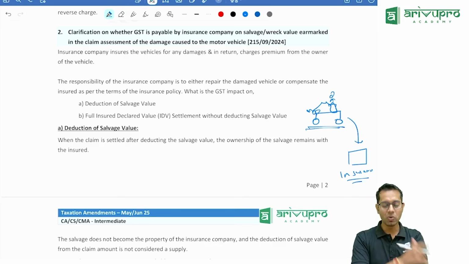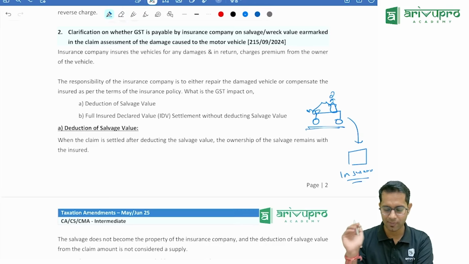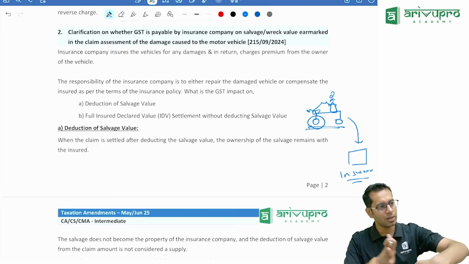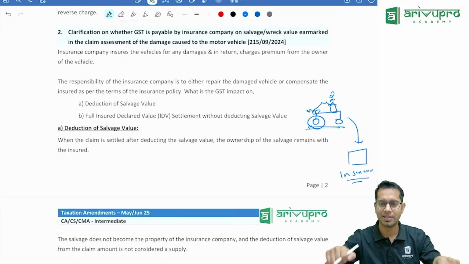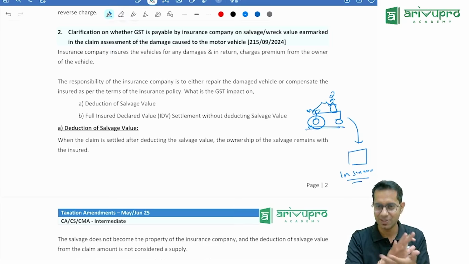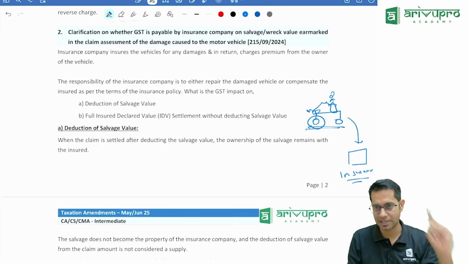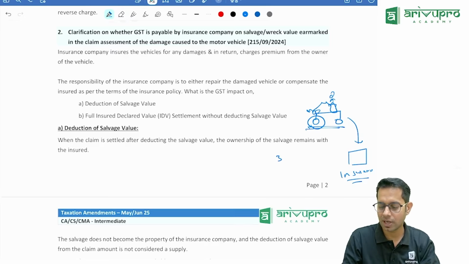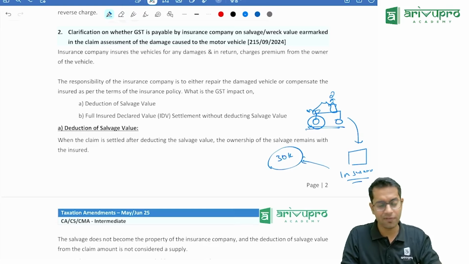Now, you have two options for taking insurance, but we'll ignore the options and read that point later. Let us say his entire front wheel got damaged, the handlebar, the suspension. That is completely damaged, so it is required to be replaced. The replacement cost is around 30,000. Now the insurance company will definitely replace it.